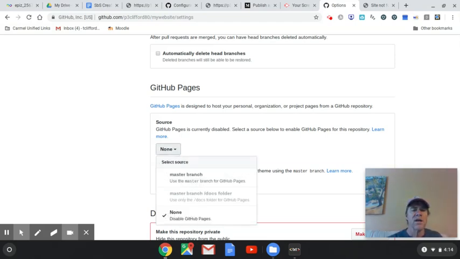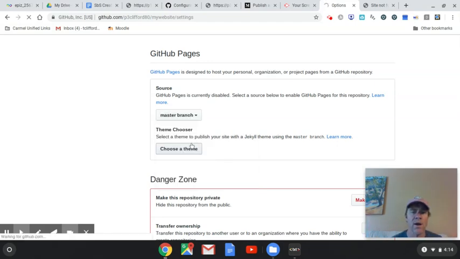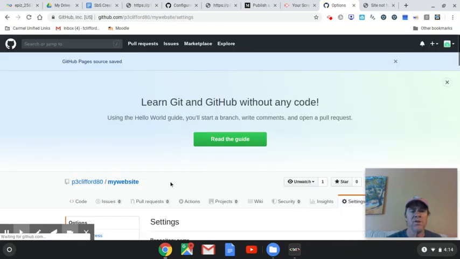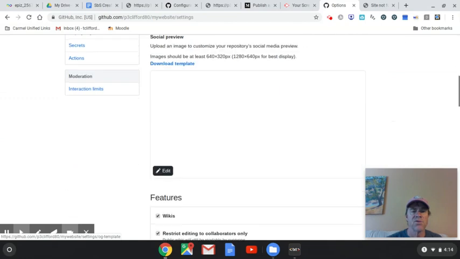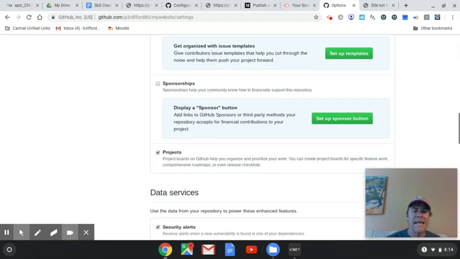So if I click the down arrow on that button, I only have a master branch. If I had other branches in there, it would ask which one do you want me to look for? It's the master branch that I want. And when I do that, it said, that's great. It took a moment. Now it's said, all right, that's where the web page is. And if I scroll down again,